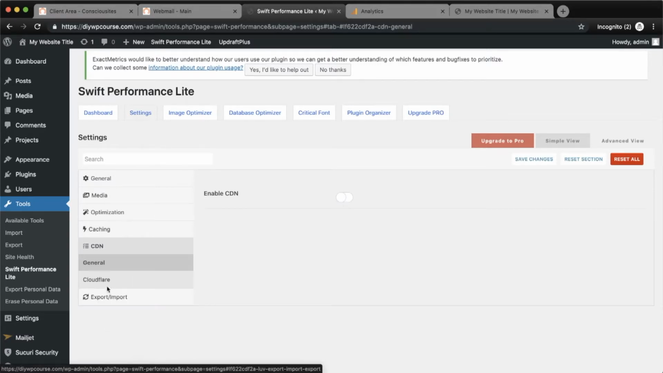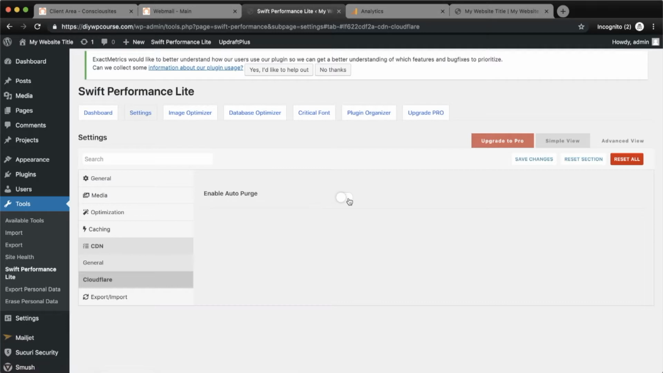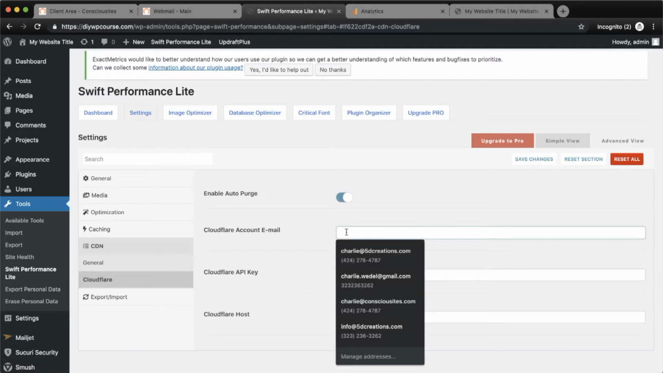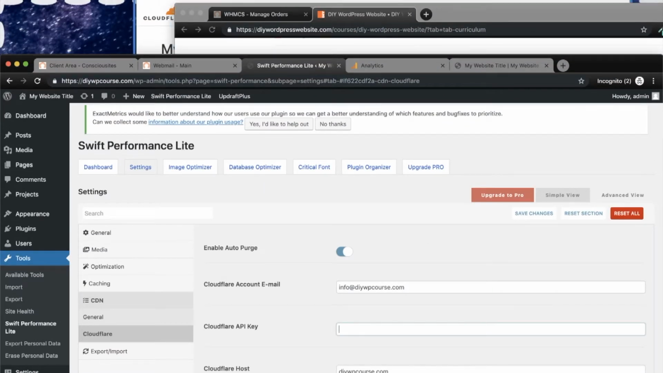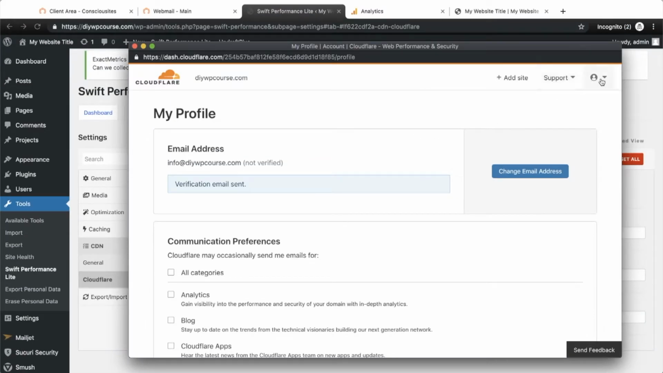And then we're going to go down to CDN and click Cloudflare and enable Auto Purge. So what we're going to do is put in our Cloudflare email address. And then we're gonna go grab our Cloudflare API key. So we'll bring up that window again, click on Profile,